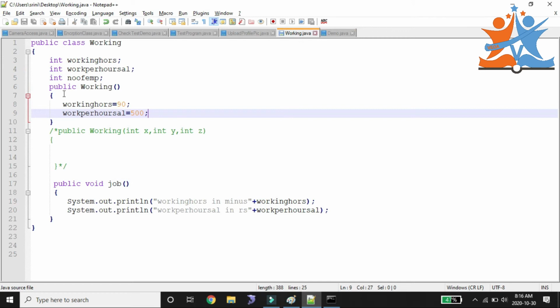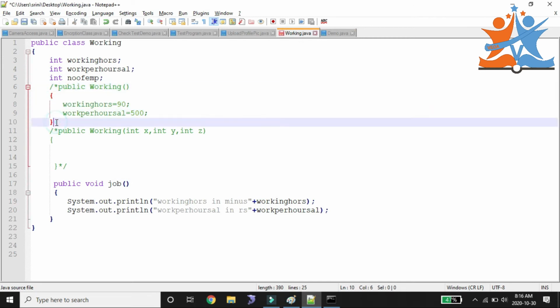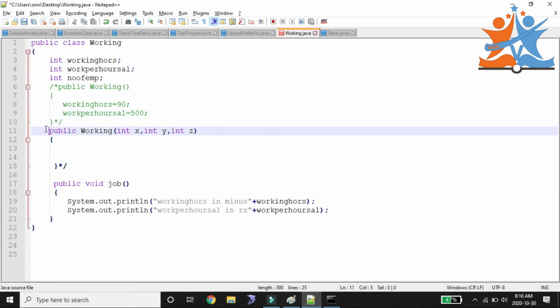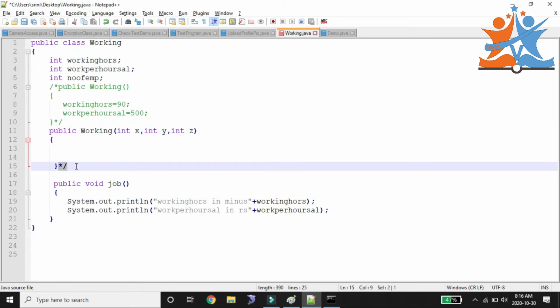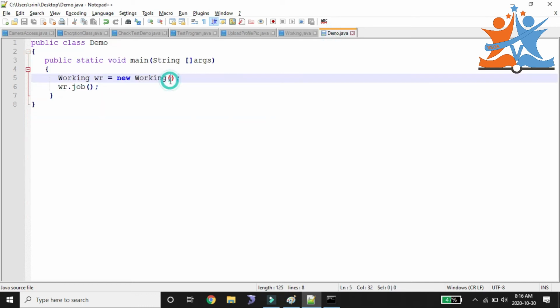Now I need to change. I don't want to use this constructor now. If you want both, you can use them, not a problem. If you don't want to use both, not a problem. This is my intention. Now whenever you want to use a parameterized constructor, at the time you create an object for the Working class, you need to pass the values for x, y, z.